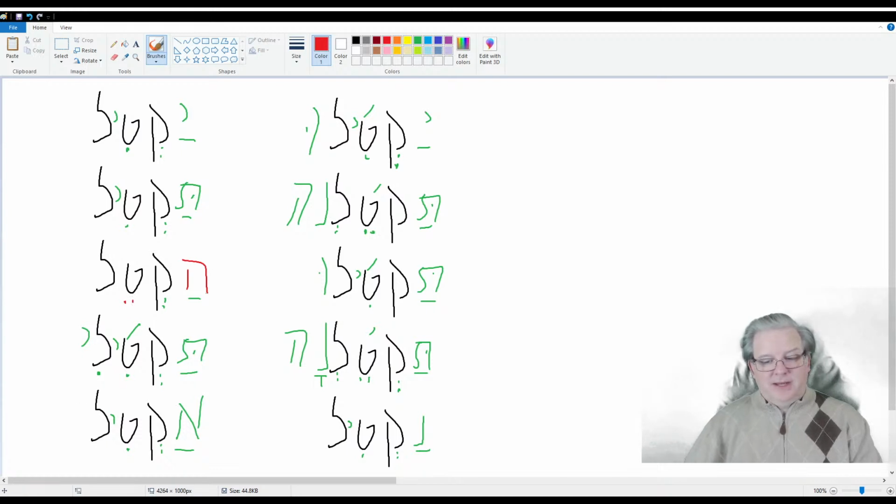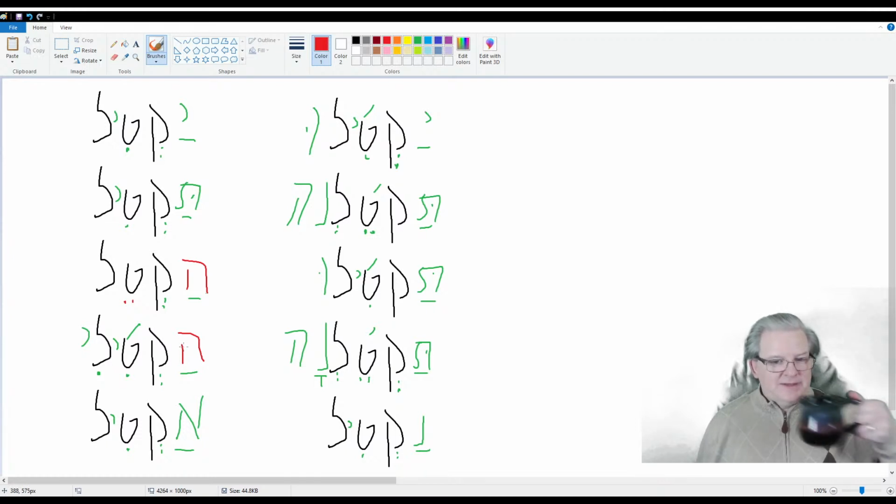Now, what about the rest of them? Well, the imperative for the feminine singular is going to show the same kind of move. It's going to remove the preform and then add back the hey. Now, because it's an infixed heric yod and it isn't just a short form, I don't mean a special form, short form. I just mean it ain't short. It's got an A form on it. It's going to hang on to it like that. So it's going to be haktili. And the same thing over here